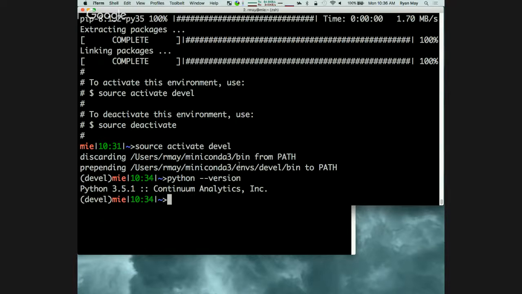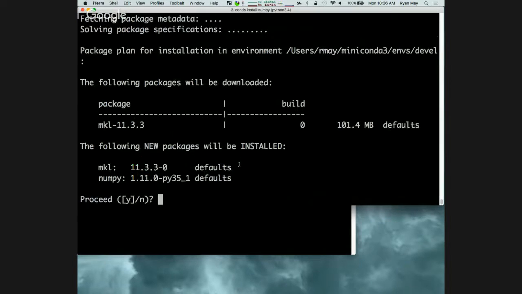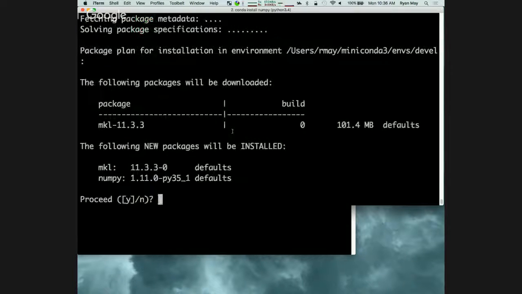So if we want that, we can just say conda install numpy. We get a list and it talks about what it needs to download and what will be installed. We say yes.